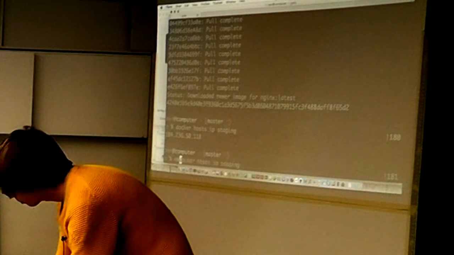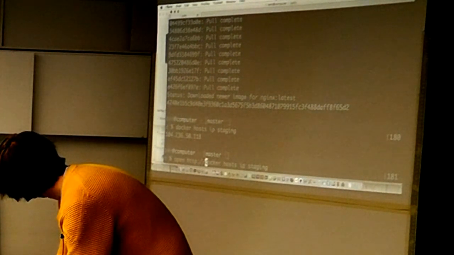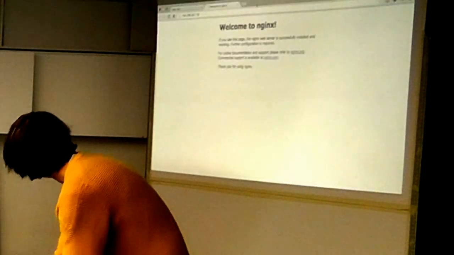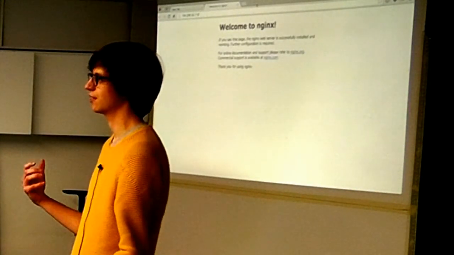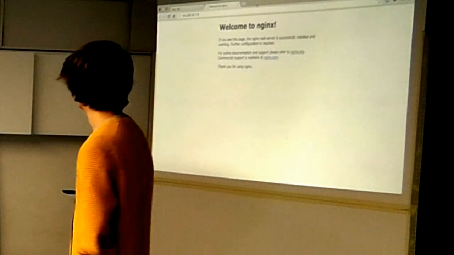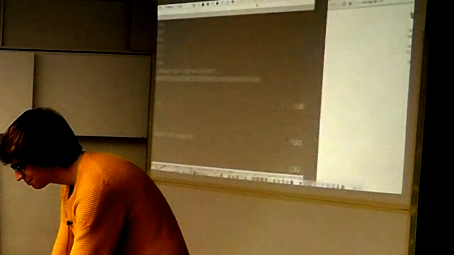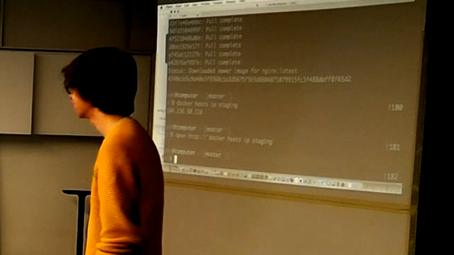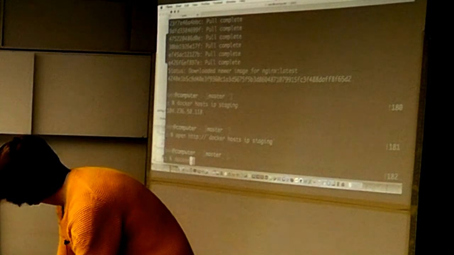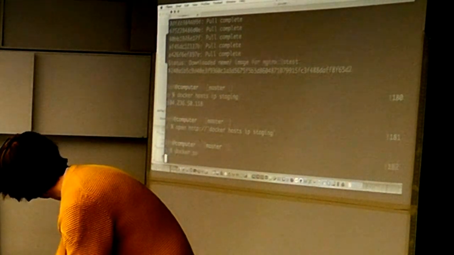which we can then open in a web browser, and that's Nginx running on DigitalOcean, all from just this single Docker binary that we downloaded. And another cool thing we can do is, with that running, docker ps.